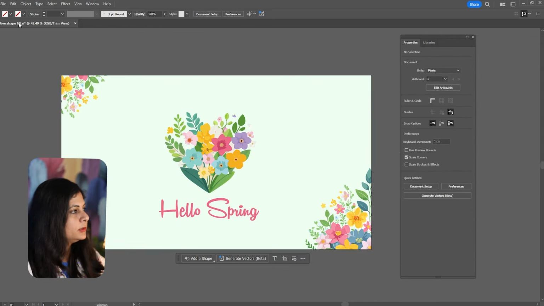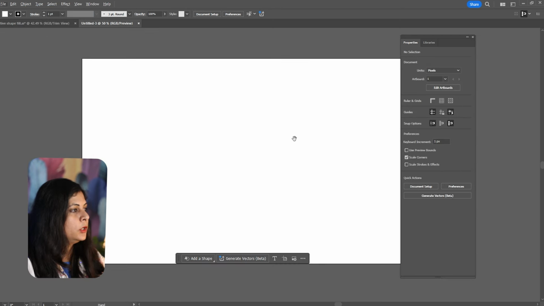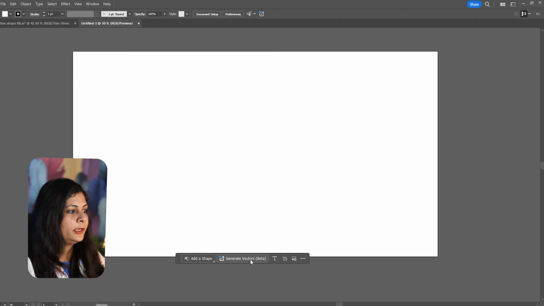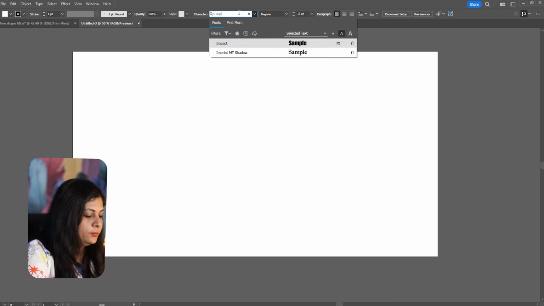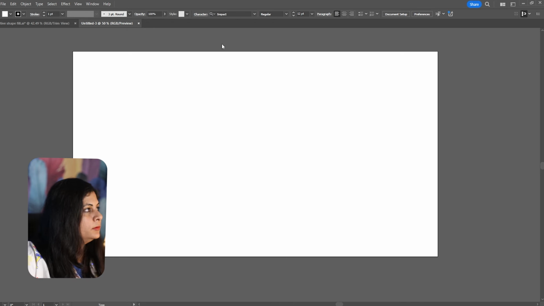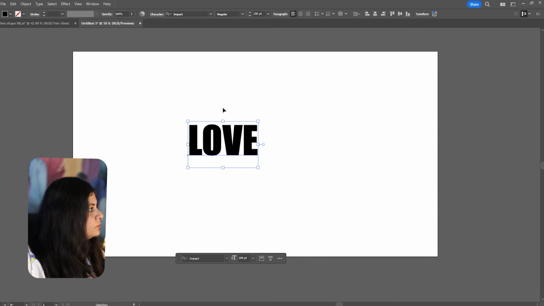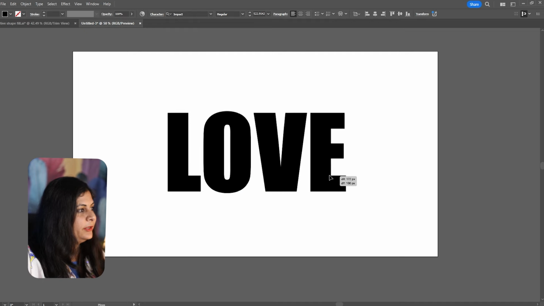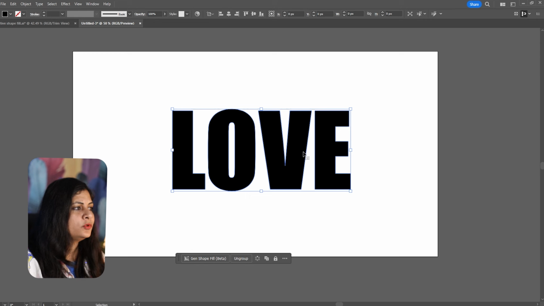Now we can use this. Let's take a new artboard. So not only on just these shapes, we can add this to text also. It's ultimately the same thing. Let's use a bold font. Sorry, I'm not being very creative with the fonts because I'm focused on this features part. Let's write a text. Love. Very creative once again. Go to type and create outlines. Of course, it's the same thing.